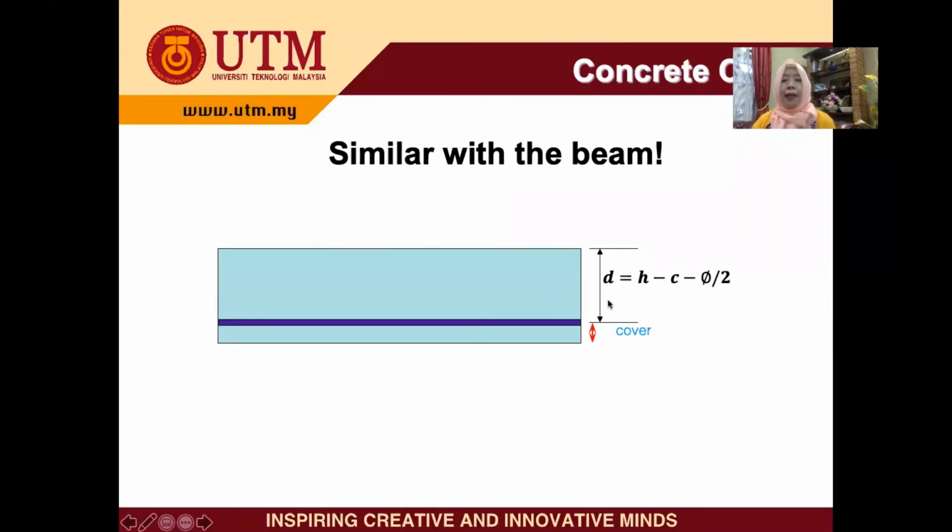Cover, so that the D is between the center of the steel, H minus C minus diameter divided by 2, and the diameter of a steel is between 6